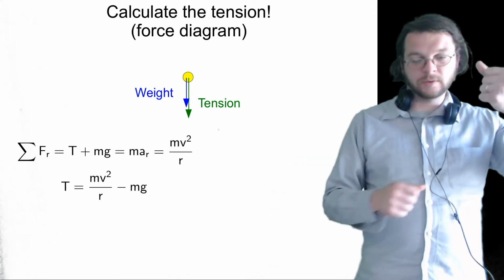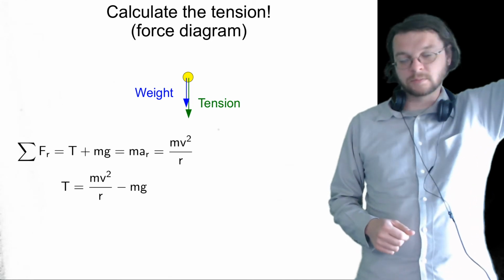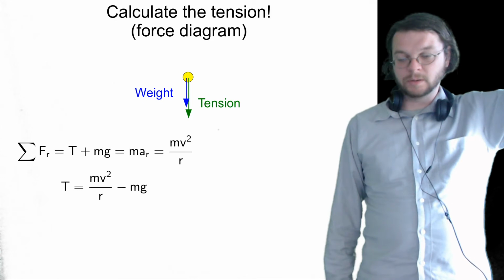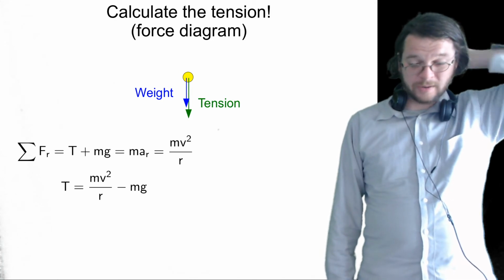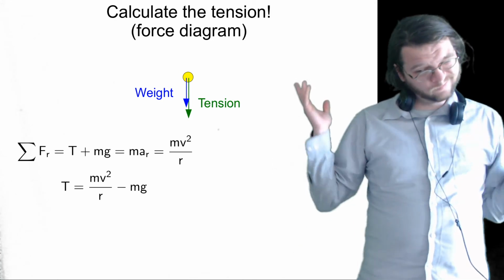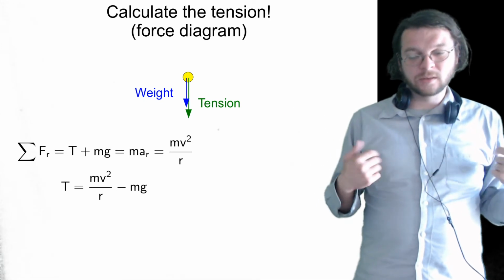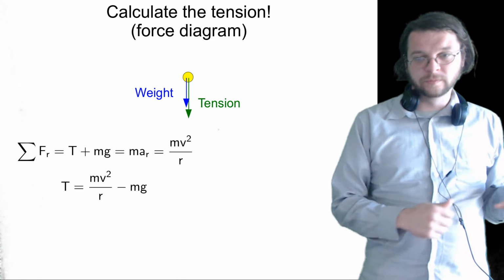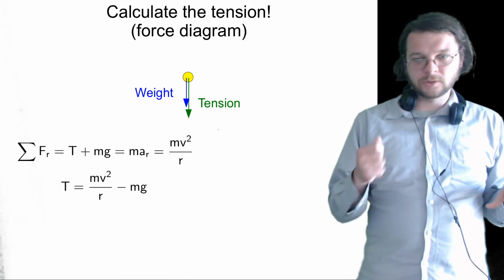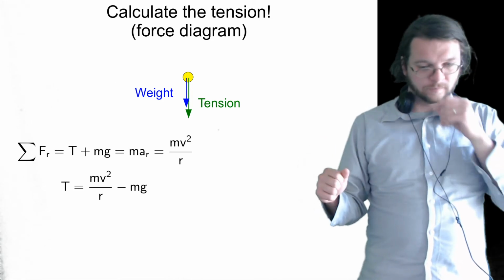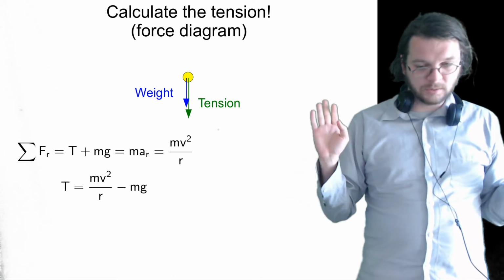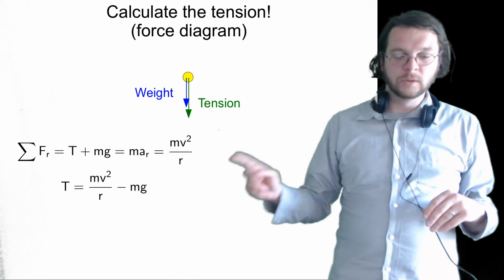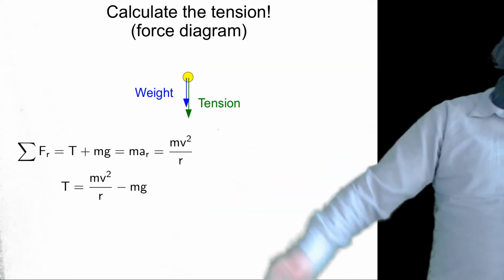What would it look like for a string to have negative tension? Well, you can pick things up. If I tie a string to something on the ground and pick things up, there's going to be a positive tension in the string, and that's how I'm going to be able to pick things up. Is there any way to have a negative tension in the string? Not really. I can tie a string to a doorknob and pull a door open, but I am not going to be able to tie a string to a doorknob and push it shut. That would be like negative tension, maybe. I don't know. But negative tension is not quite possible, which means that this only makes sense if the